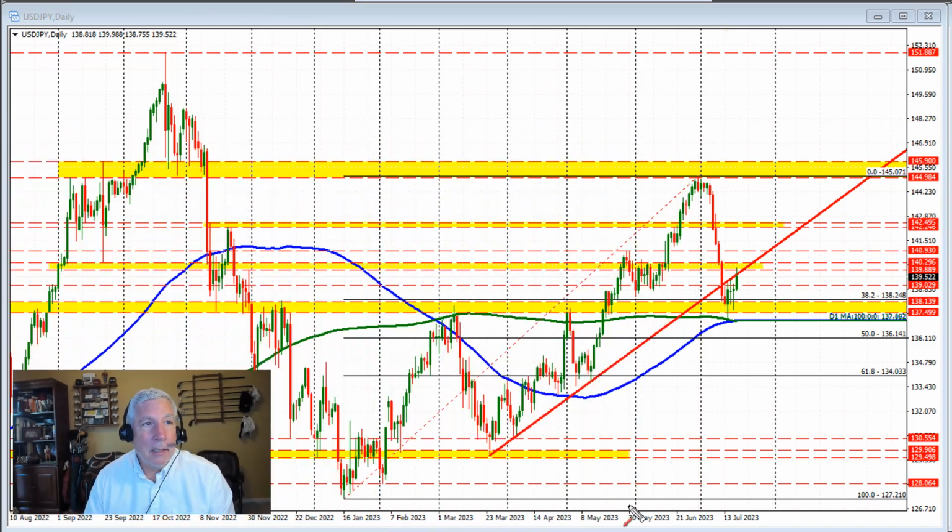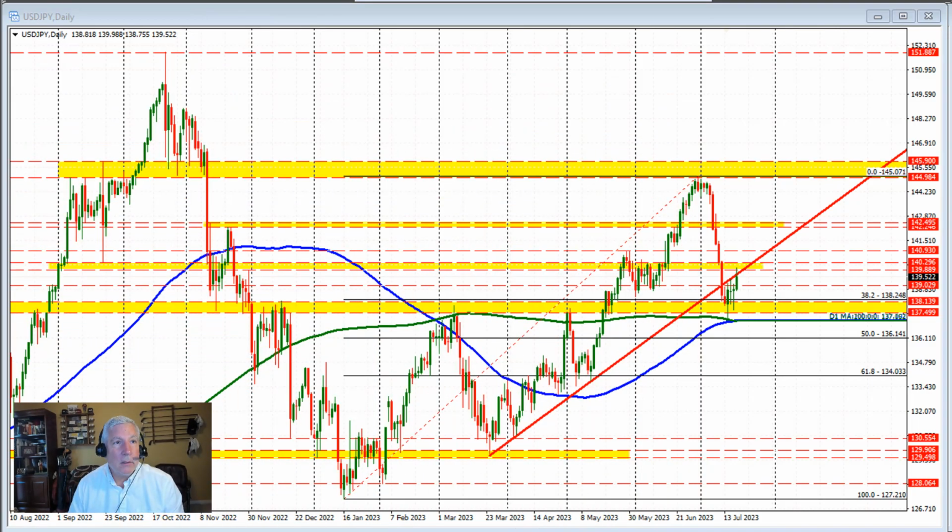This is a Forex quick look at the dollar versus yen. Today's date is July 19th, 2023. As a review, if we go to the daily chart, the low price that we saw at the end